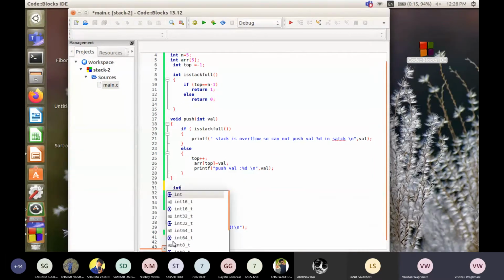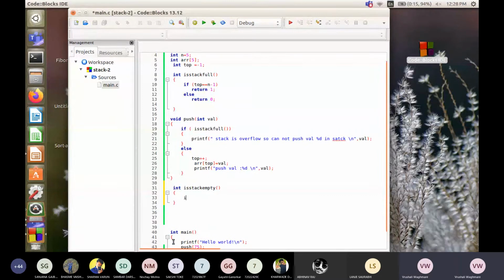So again, it will return some value. So this function, it is going to return either 1 or 0. So this is a function of type integer. So int isStackEmpty. This is a function. This doesn't require any input parameter.